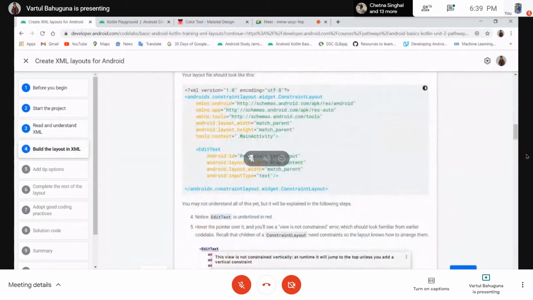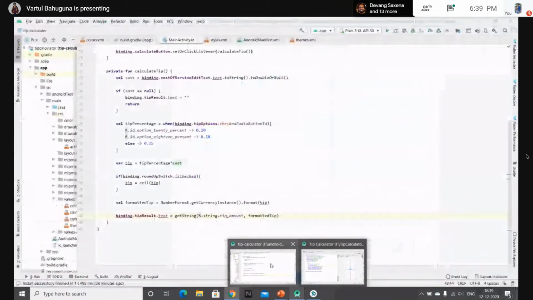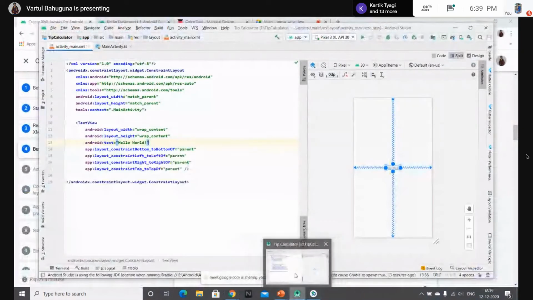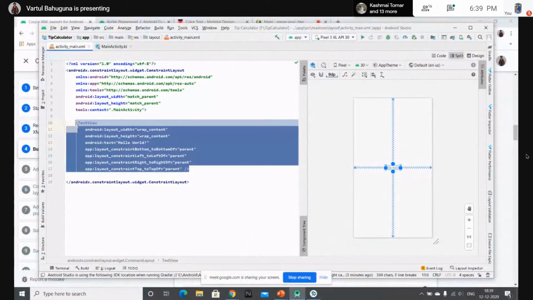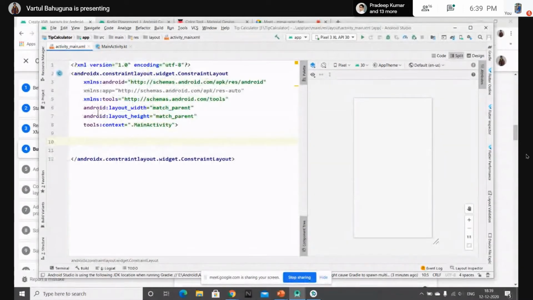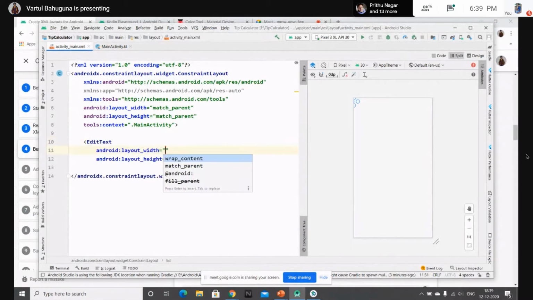So let's start with our code. First, let me close this project. First, let's remove this and then enter the edit text in it. Let me zoom in the code for you. So open brackets and then EDI, and you can see here in suggestion it returns edit text. And as soon as you write the edit text, some attributes, layout width and layout height, which are the basic attributes, appear; they're written by the IDE automatically. Just write wrap content and wrap content.